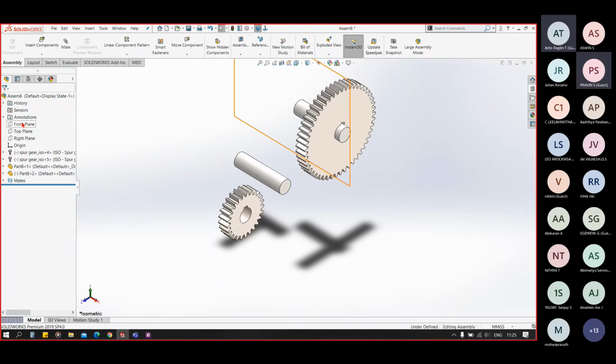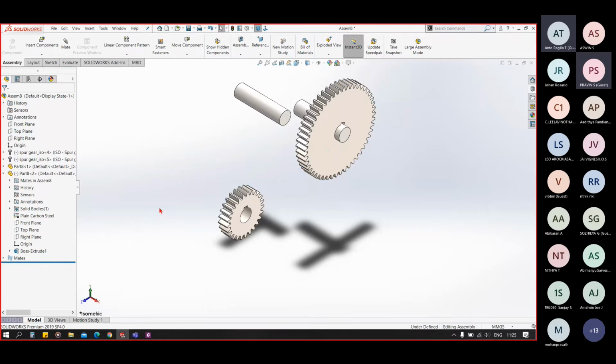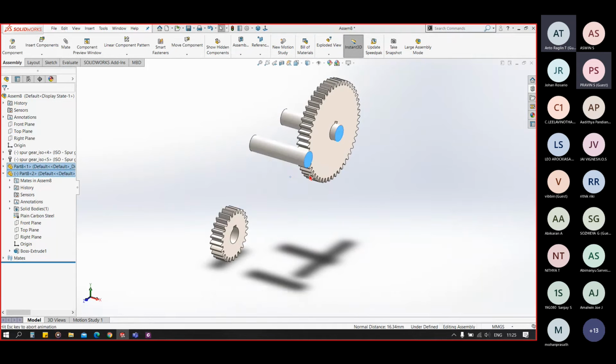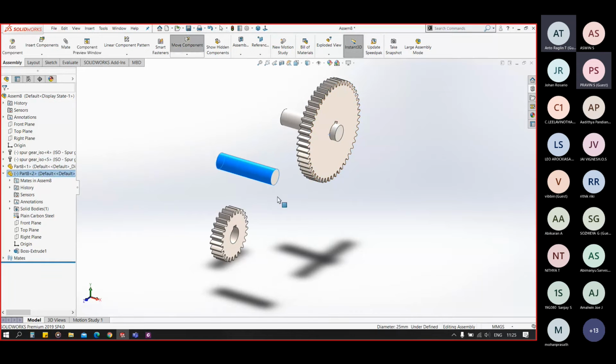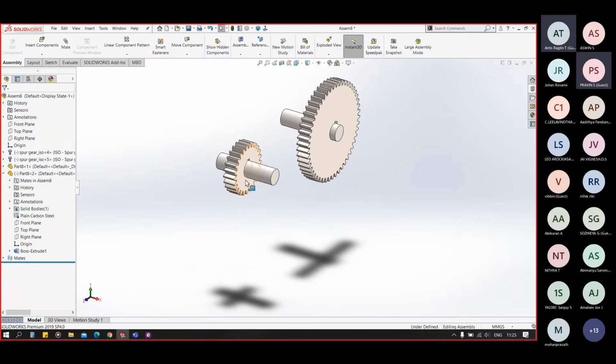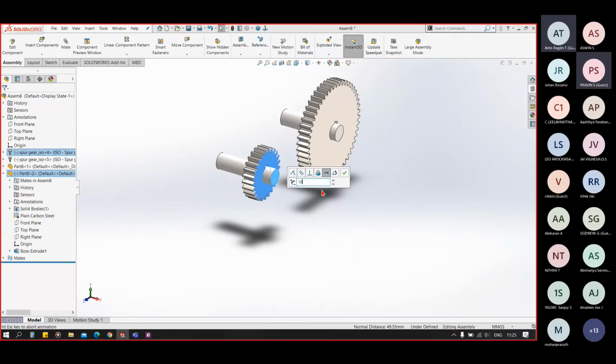I'll again fix its position. Now I just want to add a gear to it at a similar 10 mm distance.